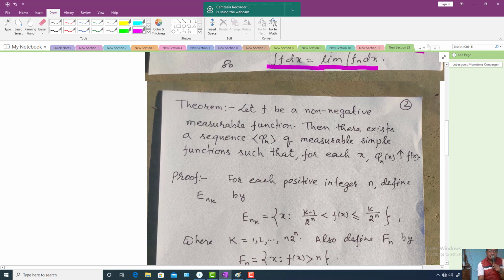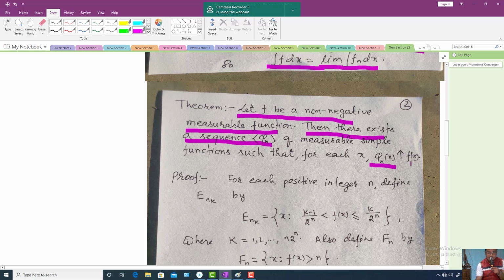The statement of the theorem says that let f be a non-negative measurable function. Okay, so for any non-negative measurable function, there exists a sequence of measurable simple functions phi n. I told you earlier also, in this unit phi denotes a simple measurable function, or measurable simple functions. Okay, so this is a sequence of simple measurable functions such that for each x, this converges